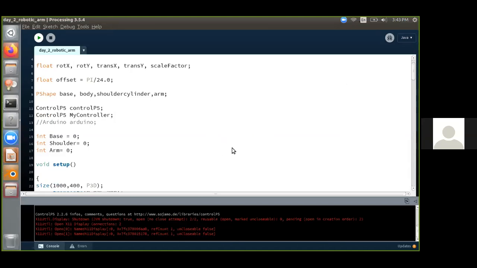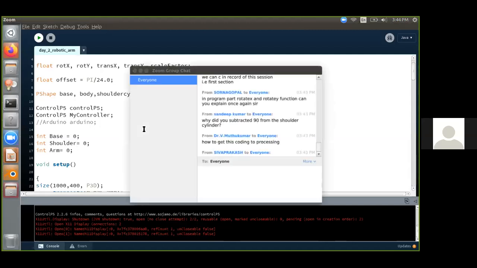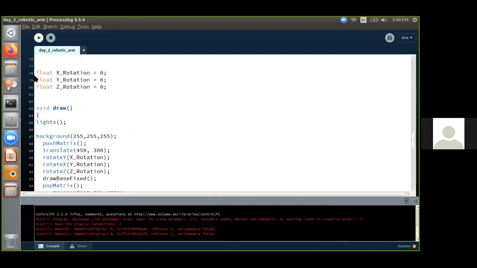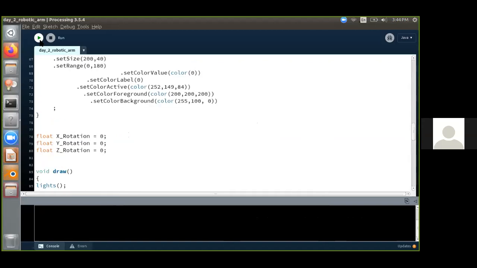Shiva Prakash is saying it's like C++. Yeah, but it is Java. Gopal is saying, in the program part, rotate X and rotate Y function, can you explain once? Yeah, I'll complete these three. The rotate function is being utilized over here.